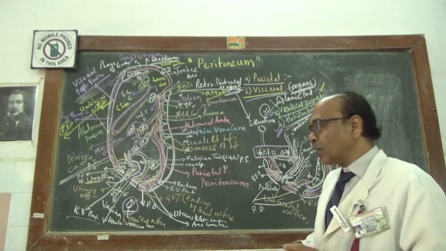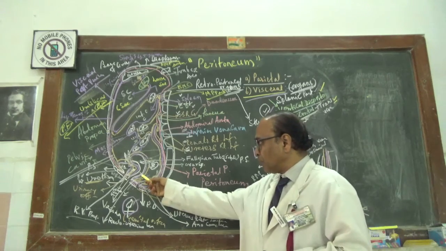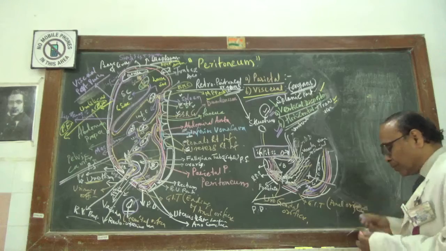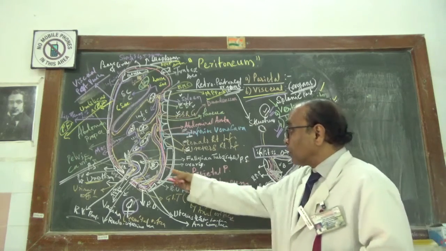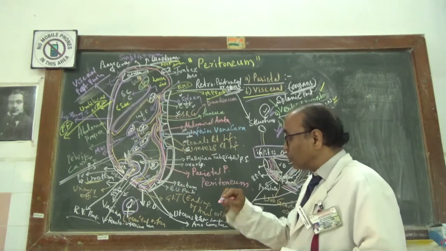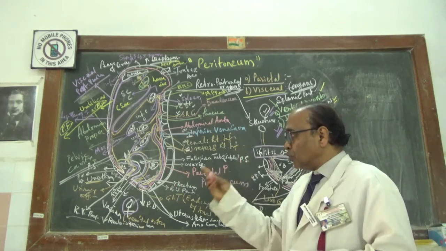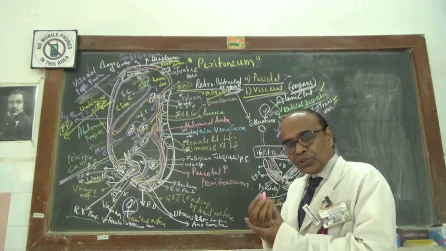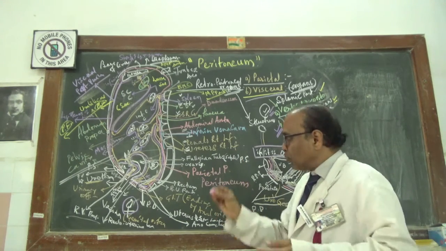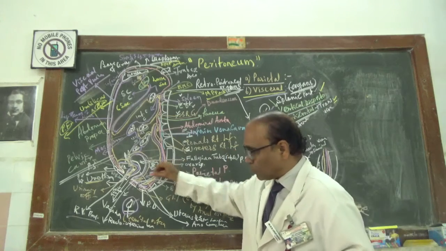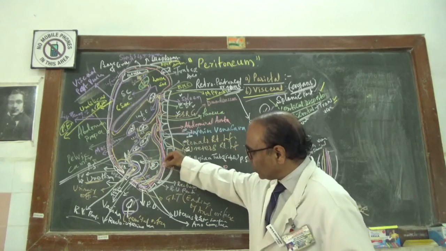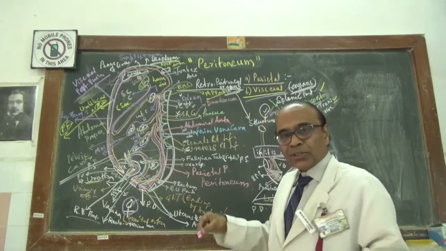The retrouterine pouch is also called the pouch of Douglas, the one present between the uterus and the rectum. It is also called the uterorectal or rectouterine pouch. Now, after forming from the pararectal pouch on either side of the rectum in the female, it will run